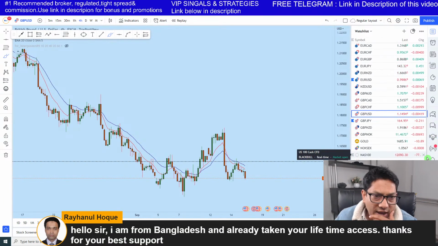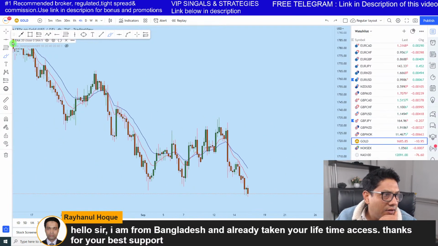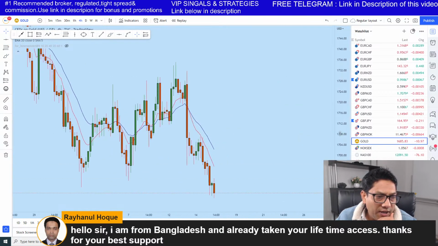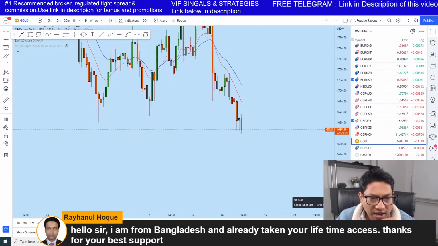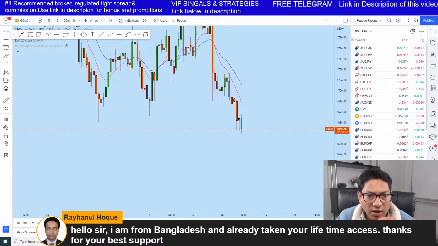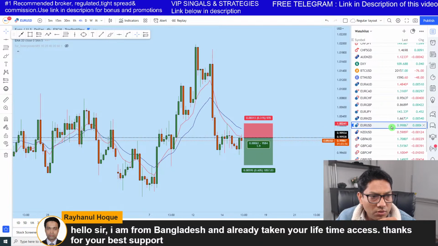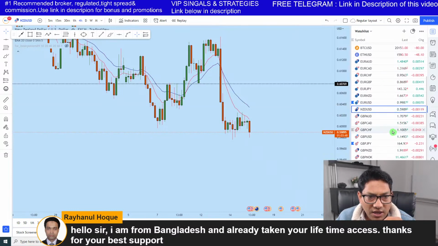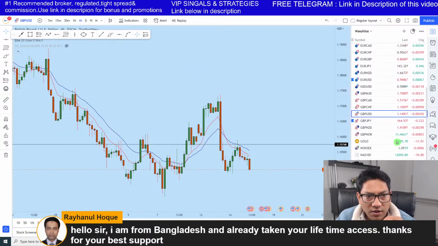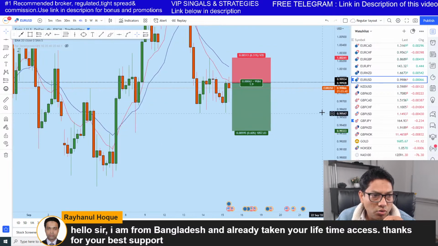So let's look at gold. What's happening now? I think that gold might break the level of monthly support. Let's do a prediction on gold, what might happen before the news announcement. EURUSD is still not moving as strongly as NZDUSD and GBPUSD are moving. I think the euro will also get weaker very soon. EURUSD will also drop very soon.